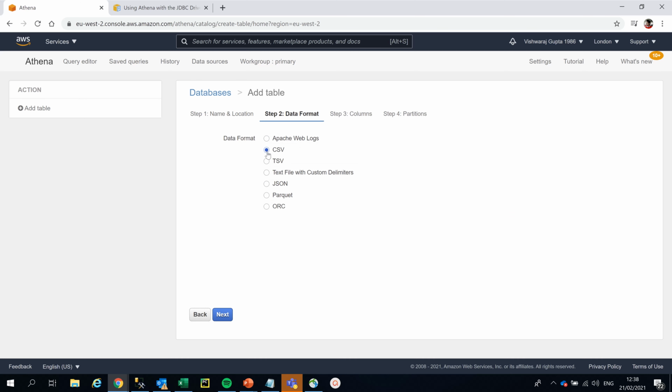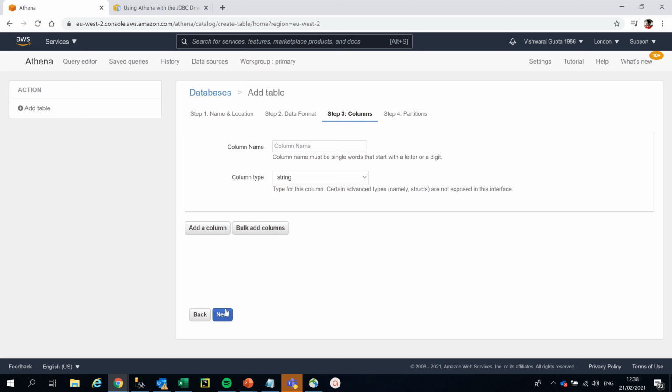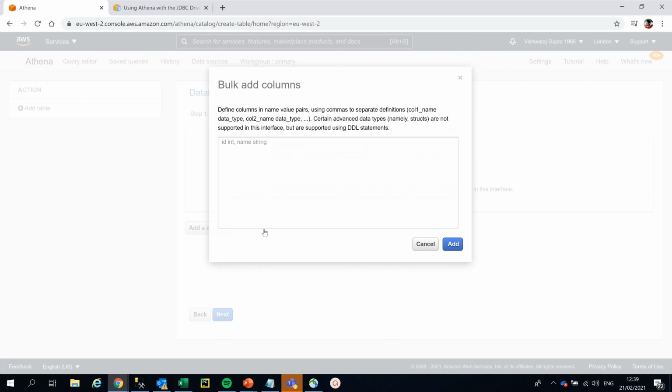I'll select CSV format, and now see, these are the columns section where you can bulk add columns. So for example, your first column is ID integer, then you have name, just mention string, then you have salary integer, that's it.